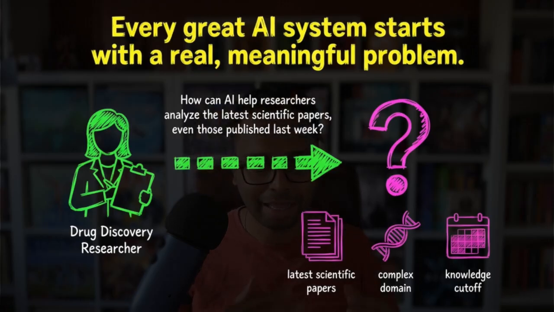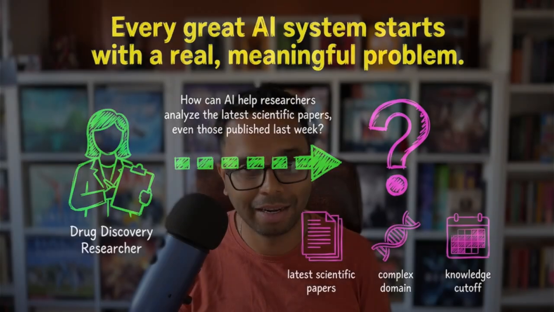Number one, that I need to fetch the latest scientific papers. I need to have those scientific papers with me. It's a health domain. It's a complex domain. And there is a knowledge cutoff on the LLM that I'm going to use. So how do I overcome that? Like whether I'm going to use RAG or CAG. From the previous videos, you have probably realized that. So with that statement, let's try to bring the 5 layers of